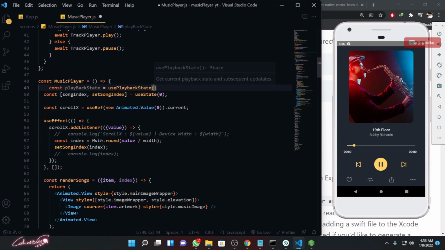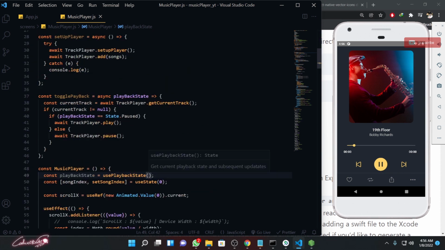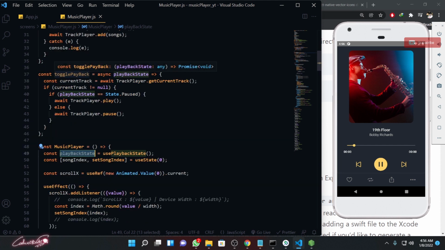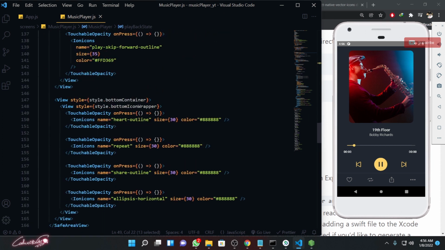As I already told you, we imported this usePlaybackState in your track music player, in your track player. From that track player, we are using this usePlaybackState to fetch the playback state of the music player, and I'm going to pass this playback state to the toggle play function whenever I click this button. So I'll go here, go to the button where it is